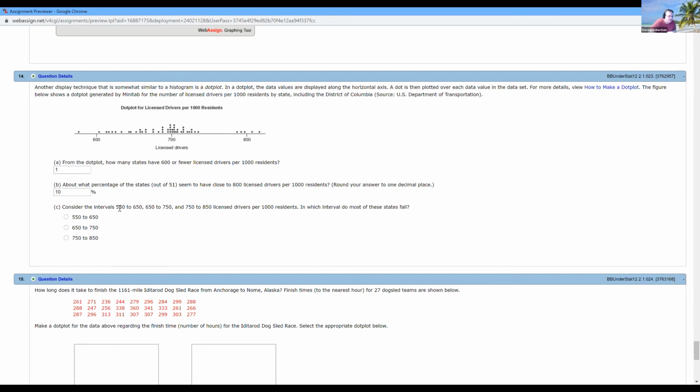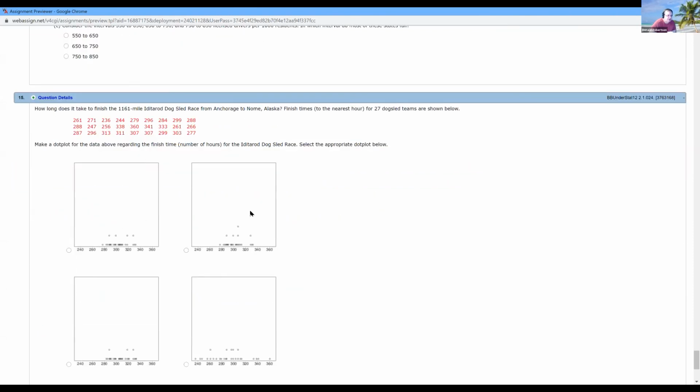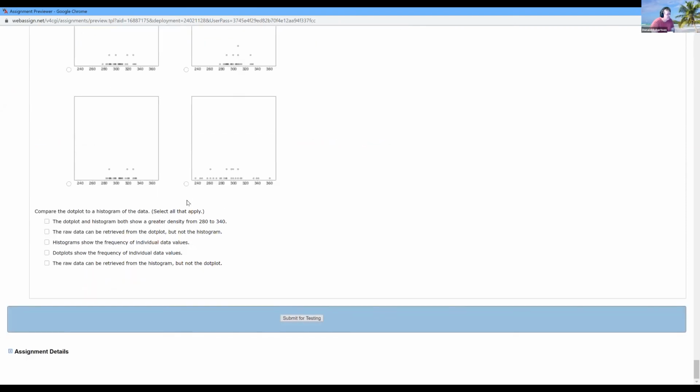Now, it says consider intervals 550 to 650, 650 to 750, 750 to 850 licensed drivers per 1,000. In which interval do most states fall? Okay, so if you did 550 to 650, it would be all these. There's not many of them. Then you do 650 to 750. Clearly, isn't that going to be the big group? Right. And here is some data. Tell me which dot plot it is, and we're finished. So that was